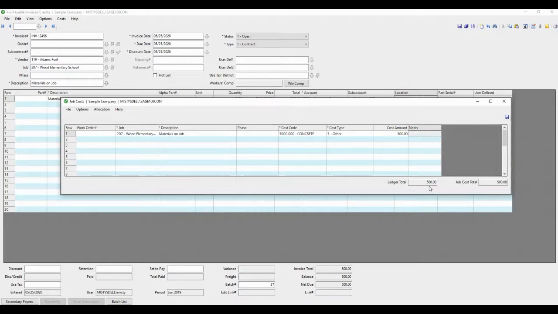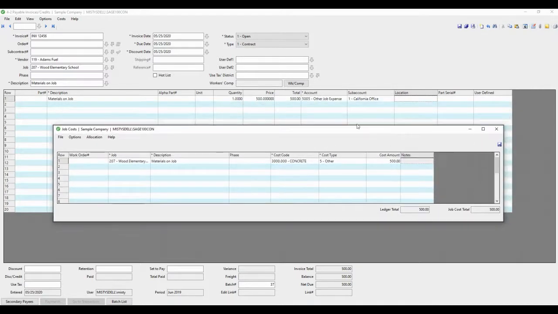And you'll note that job ledger and ledger need to match in order to save this record. So you can see that in the background where the two match. Now if we save this record, it will just disappear and we have to recall it because it's saving it to the database. So once we do save and recall,